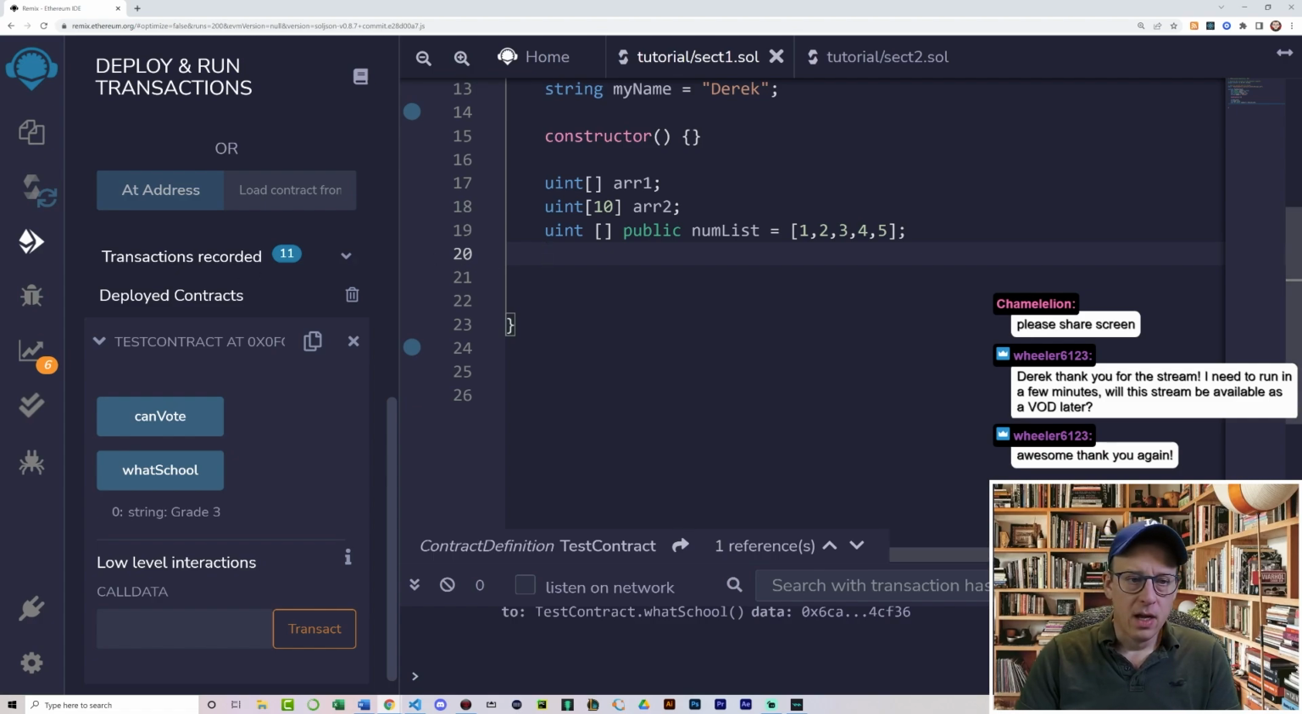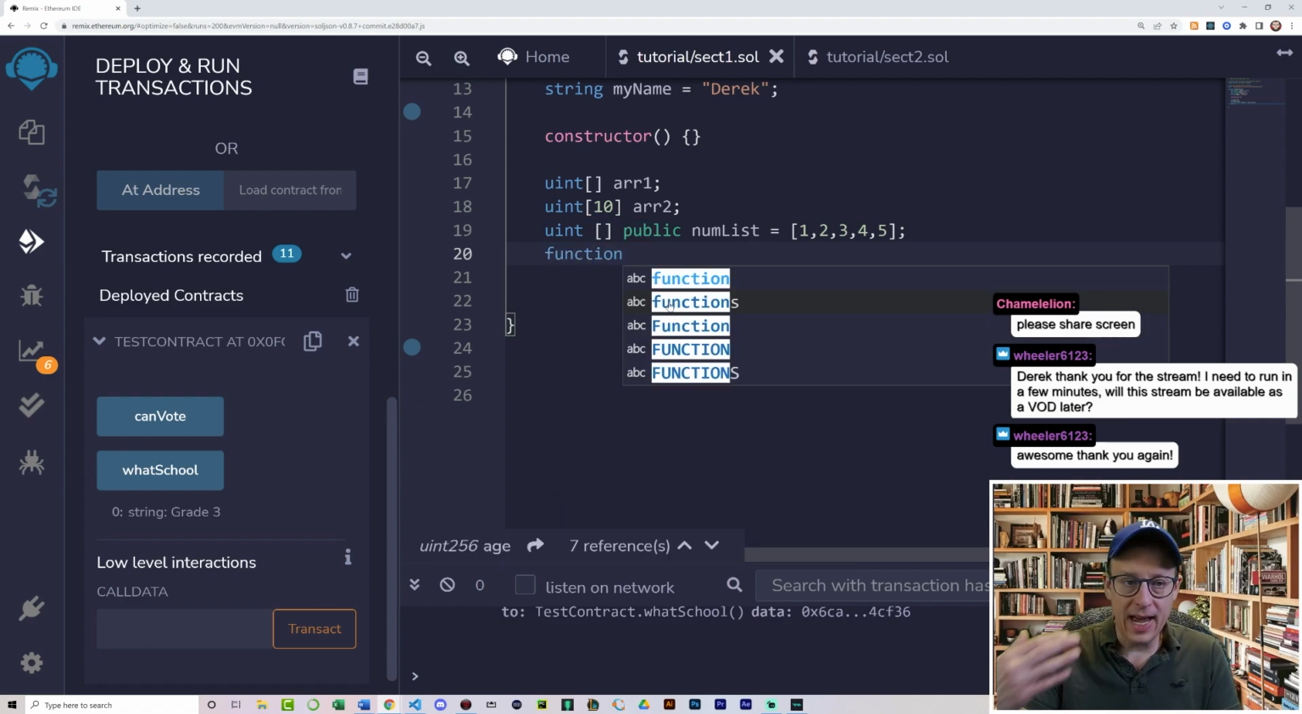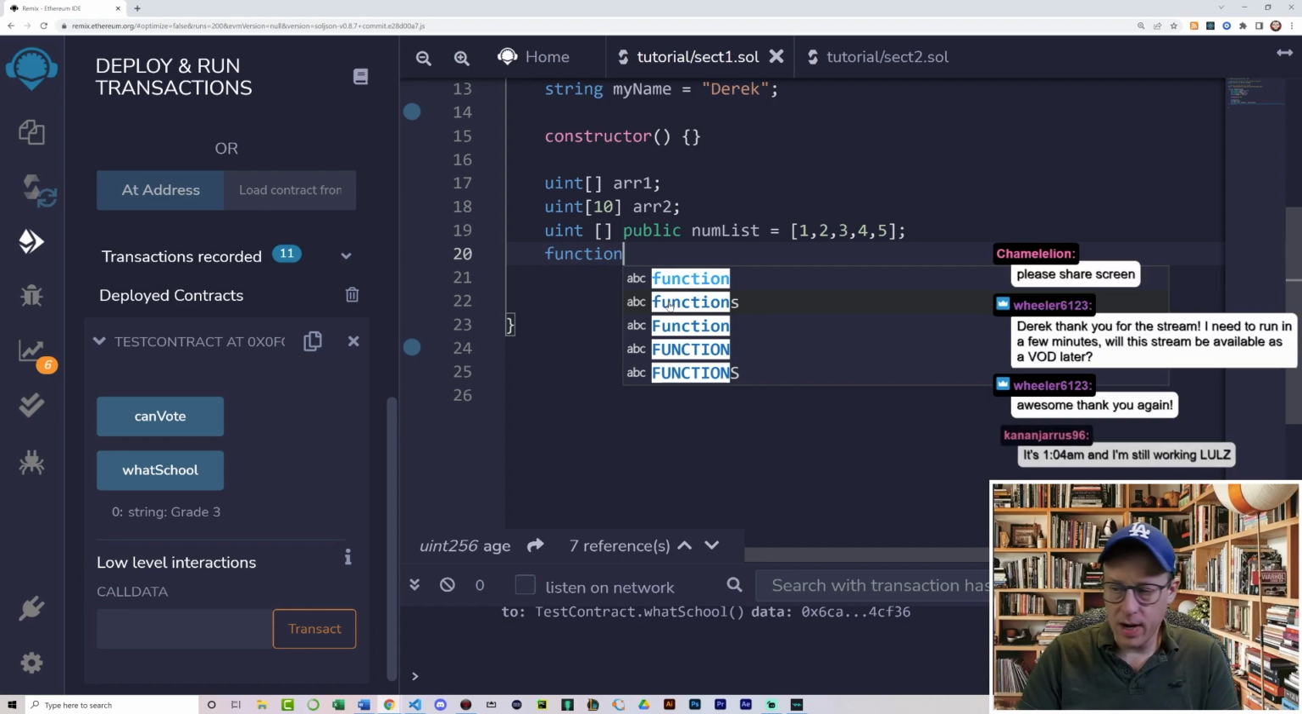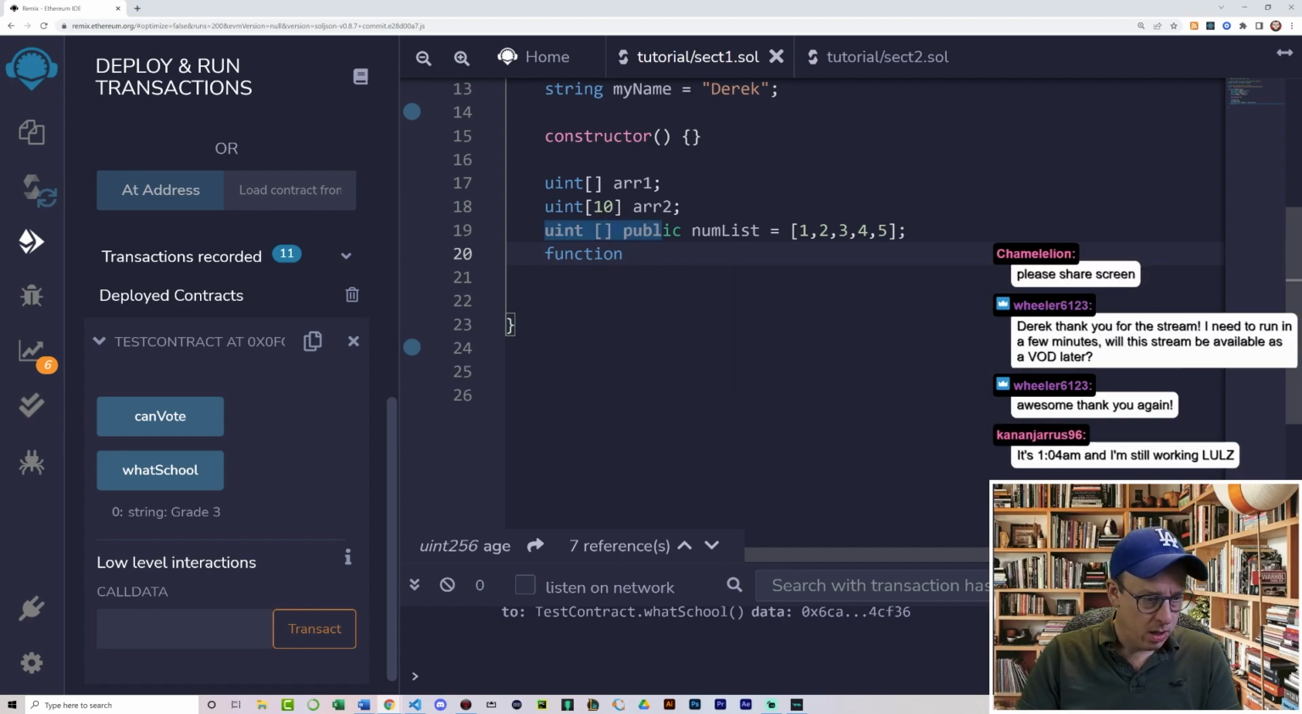Now let's say that we would like to create a function that's going to add different values to an array. So I'm going to create a function, and it's going to add it at the end of our array. And this function,